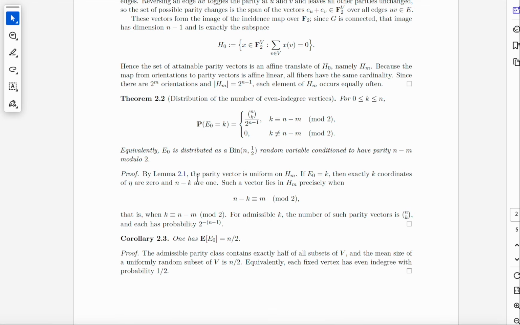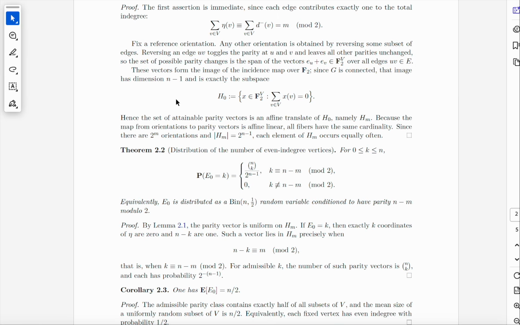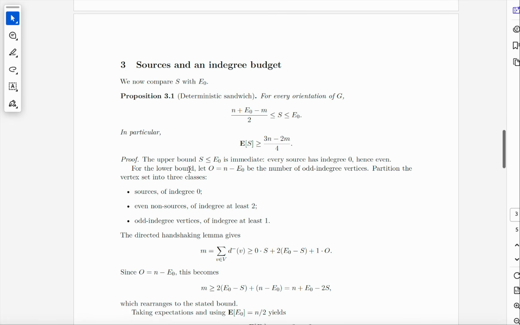It's talking about the vector of parities, and that's a uniform random variable in this subspace. And why is it uniform? It fixes the reference orientation, and then it flips an edge and then argues that this introduces a symmetry. I have to think a bit, but I think this can be a valid argument. And then it goes to the next thing and gets the proposition where we have the deterministic sandwich for